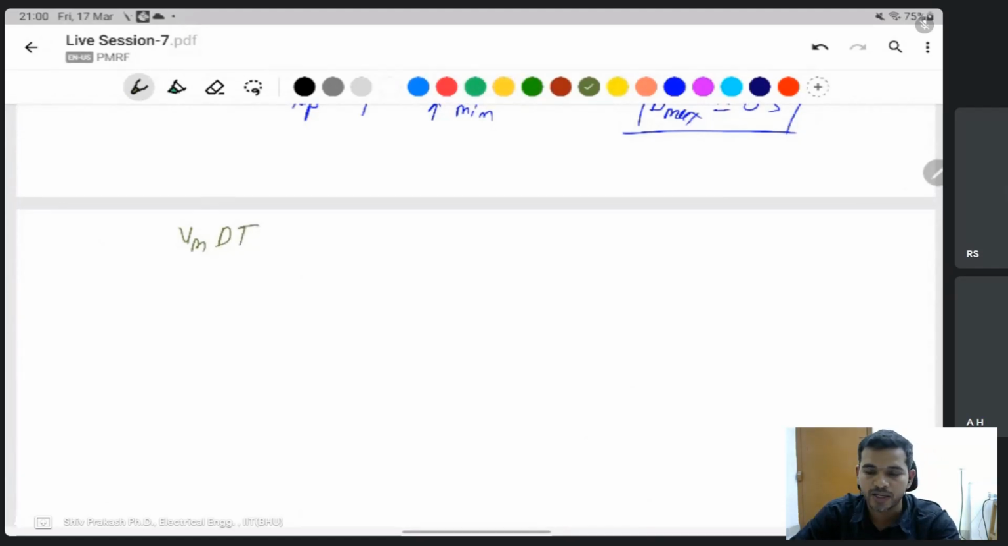Volt-second should be balanced. Flux should be balanced in any converter. If flux is not balanced, the converter will not work. So in the transformer also, because I use the transformer with a DC source, not an AC signal. It's not an AC source, it's a DC source. We take a DC source and apply a transformer,